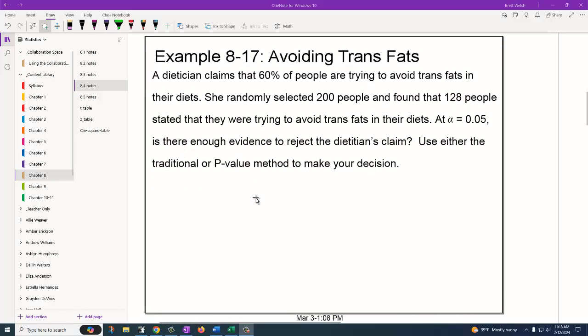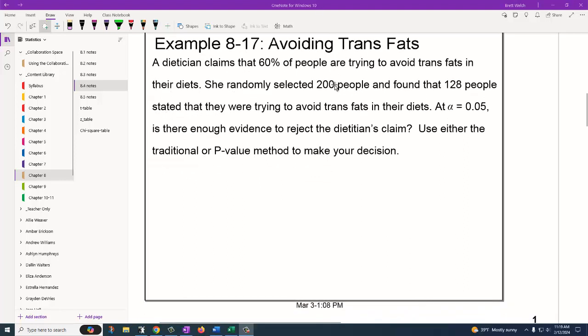So an example of this, similar to what we've been doing: a dietitian claims that 60% of people are trying to avoid trans fats in their diets. She randomly selects 200 people and found that 128 were trying to avoid trans fats in their diet. And so